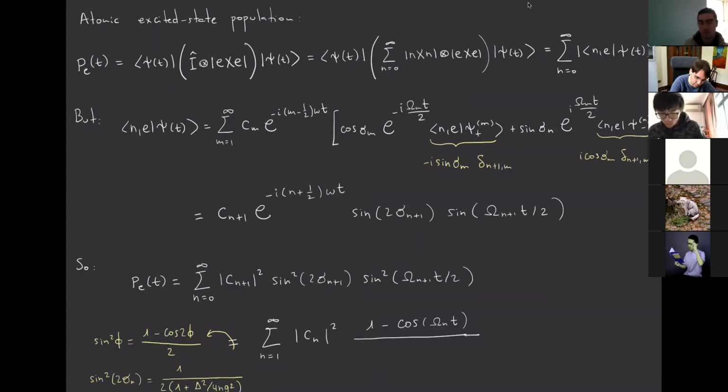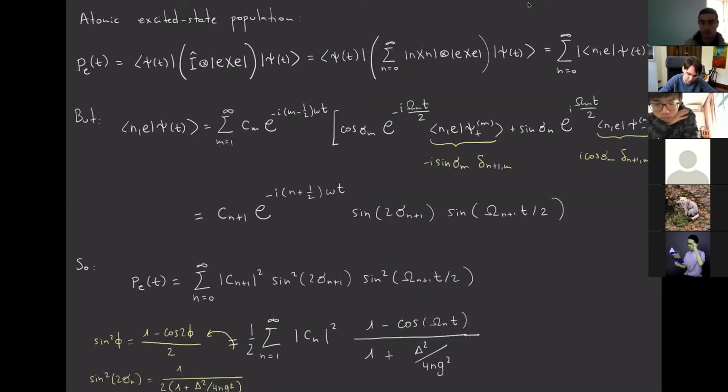Or maybe I put the 1/2 outside, and then here I just keep 1 plus delta square divided by 4 n g squared. Okay? Now, this expression is very nice because, first of all, now we see that the oscillation frequency is